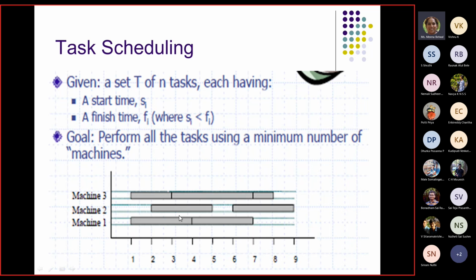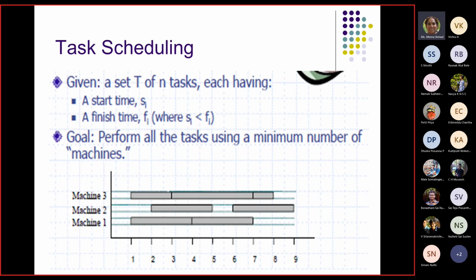Here the greedy choice that we are taking is a simple one. We need to use as few machines as possible, but we can have more than one machine at a time. So we sort the tasks based on their starting time, and based on the starting time we see how many machines at minimum I will require, and then I allocate. Once a machine is free, I can allocate that machine to another task.